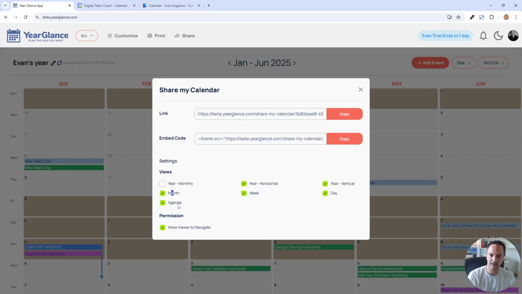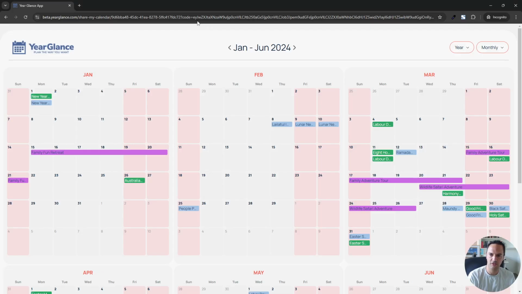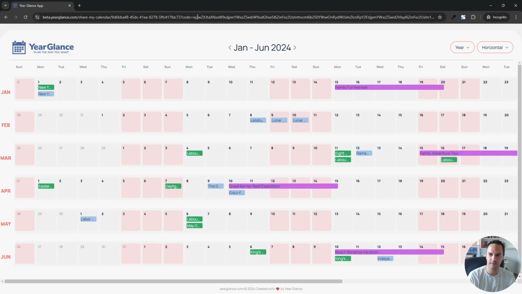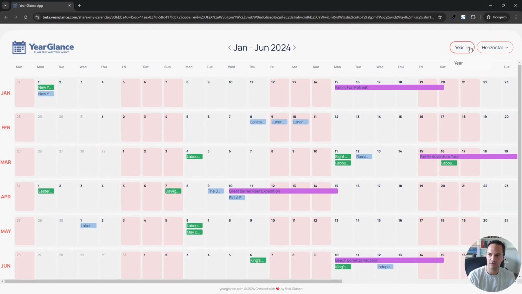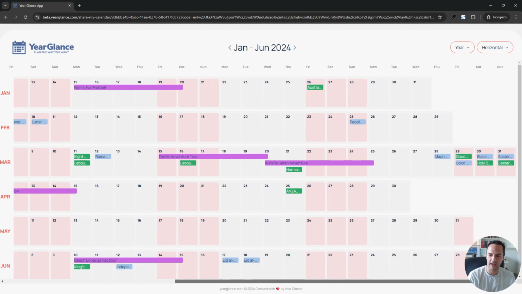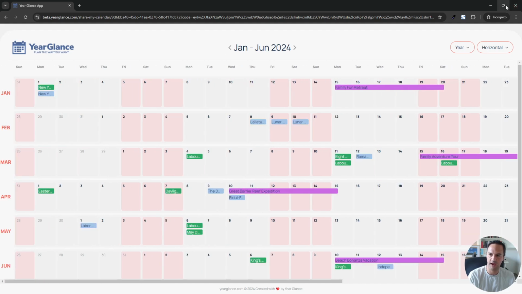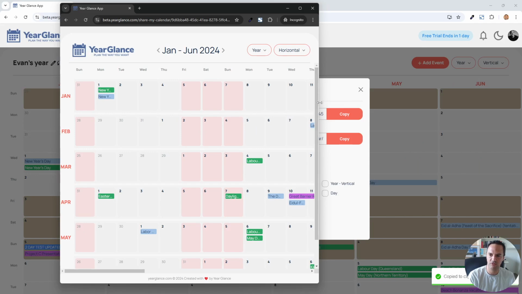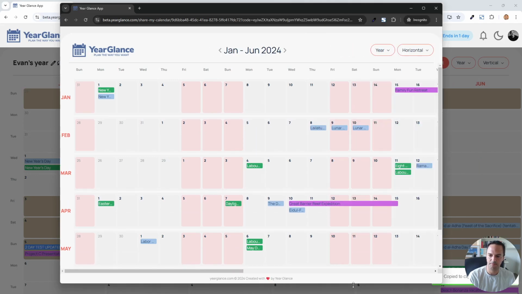And if we want to lock it down, so let's say we only want to be able to give the horizontal view and we don't want them to navigate. So you do that. Let's hit copy. There's the new link. I'm going to paste that into here. And now we've only got the horizontal view and they can't navigate. So you've just locked that in there. So, you might have that embedded into a page somewhere like that.